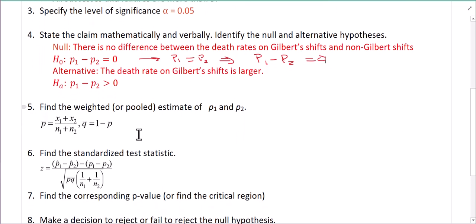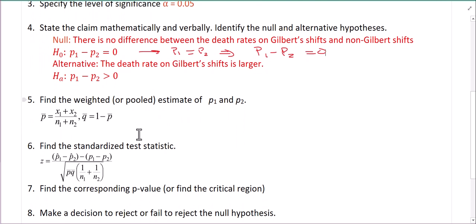So now that we have our hypotheses, let's pay attention to the alternative, because the alternative is what tells us what kind of test we have. Since we have a greater than symbol, what does this tell us? What kind of test do we have? Left tail, right tail, or two tail? And yes, this will be a right-tailed test,